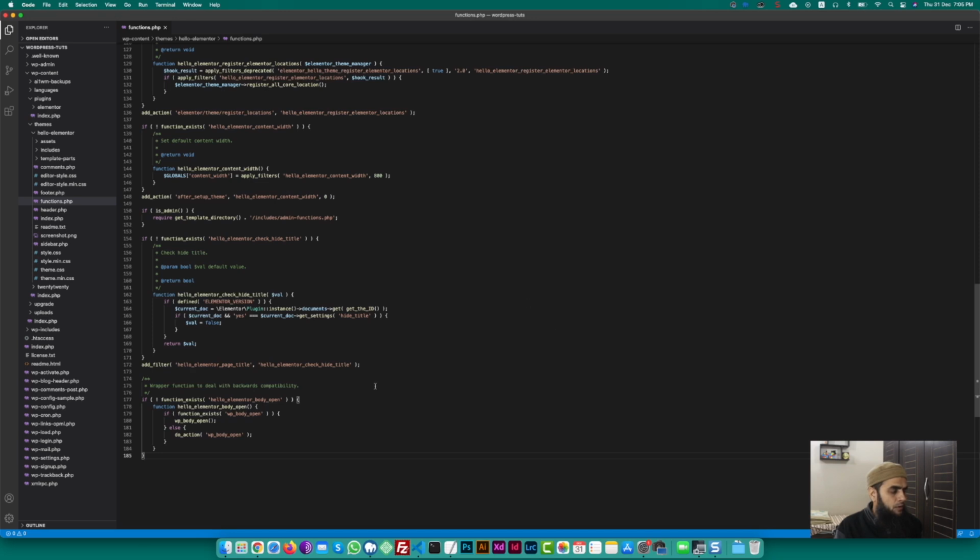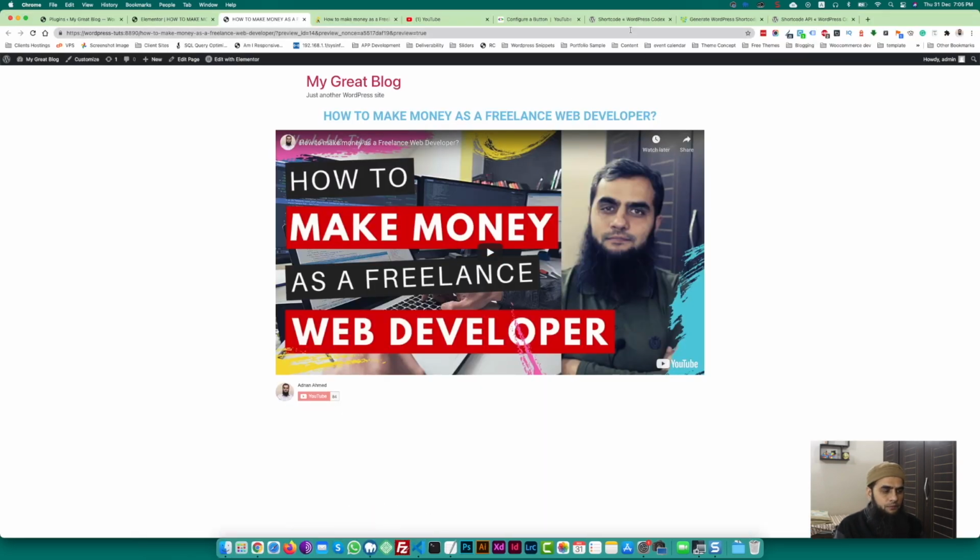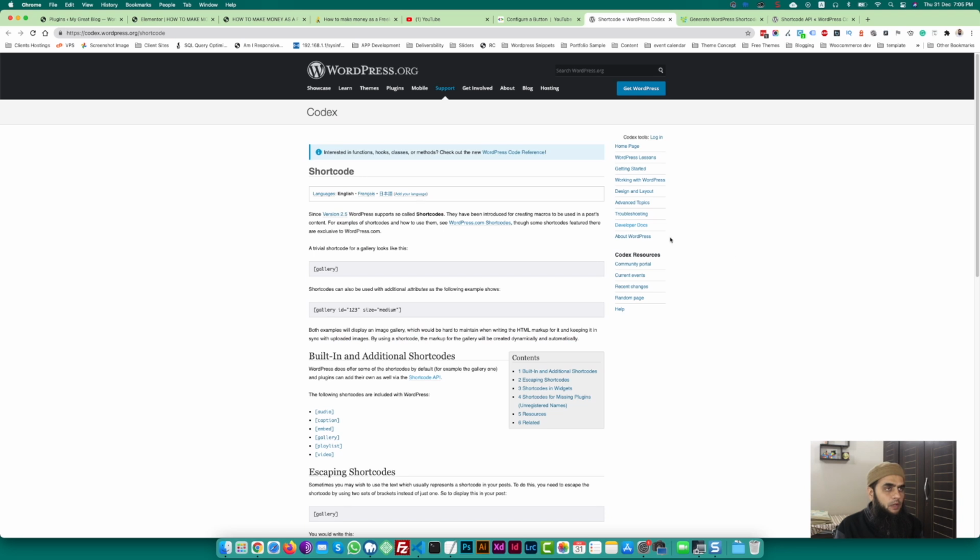Okay, now what is the shortcode? If you go to the WordPress website, you will see shortcodes are something which are enclosed in square brackets, like the one which is gallery. When you use it on your web page, it will display a gallery.